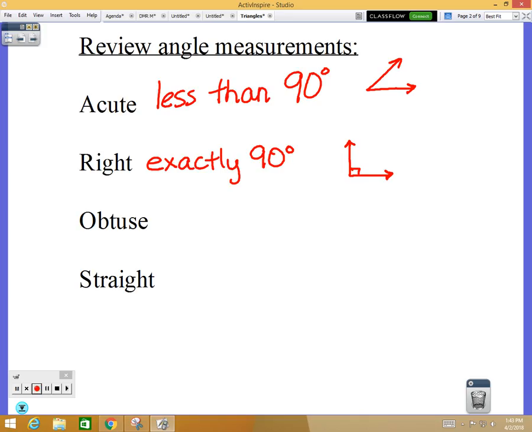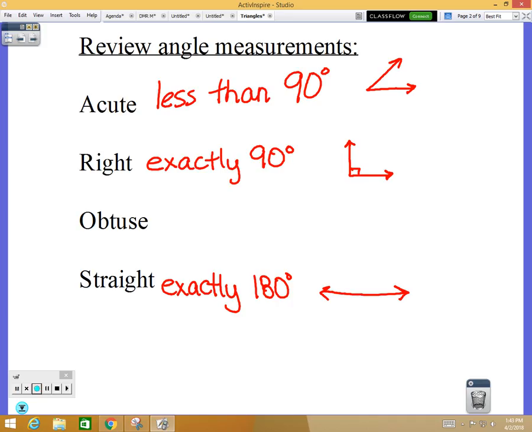Straight is what? Exactly 180 degrees. And it's just a straight line across. Now I know when I was in school, I only learned acute, right, and obtuse. This was just a line. But it is important that you do know that as 180, my line's a little crooked there, but straight line,